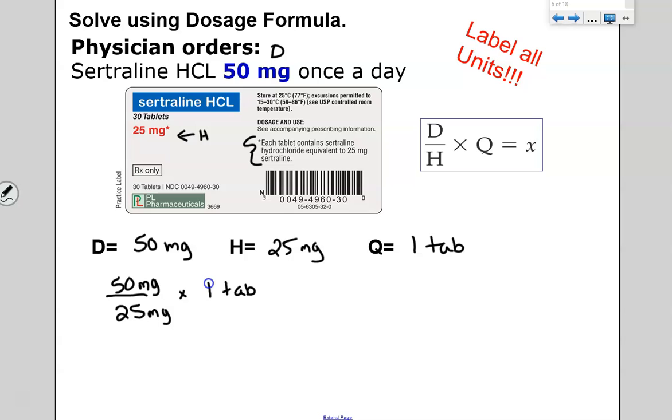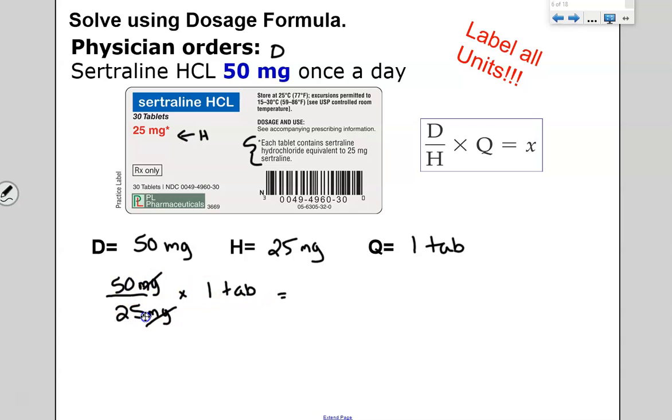tablet. Now, before I do the math, I want to point out, can you see how these will cancel, so the unit you have left is a tablet. Now, most students, when they do these, go ahead and divide this out first and then multiply by the number here. But you can multiply first, then divide. It's just your preference. I'm going to go ahead and divide this first and then multiply by the quantity that's